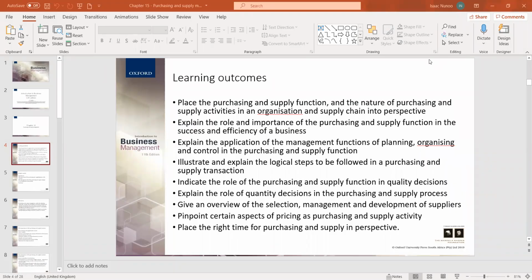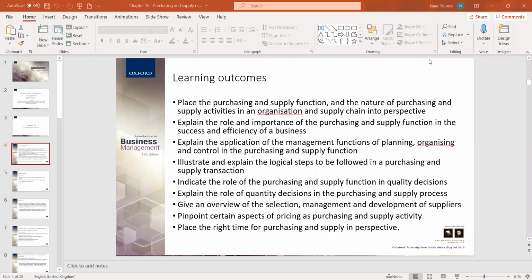At the end of this learning outcome, students are supposed to place supply chain and purchasing and supply function. We also want to know the role and importance of the purchasing and supply function, explain the application of the management function of planning, organizing, and control in purchasing and supply, illustrate and explain the logical steps to be followed